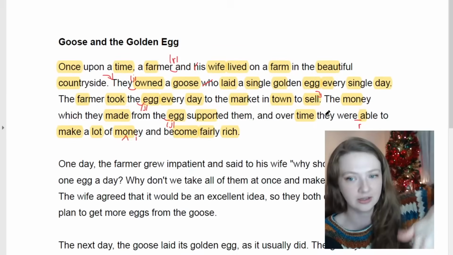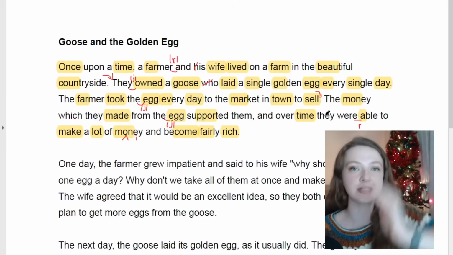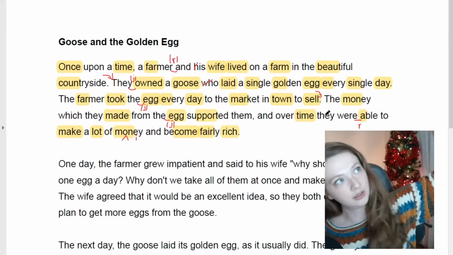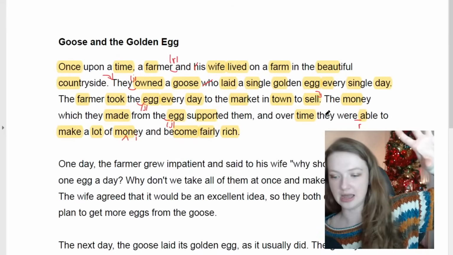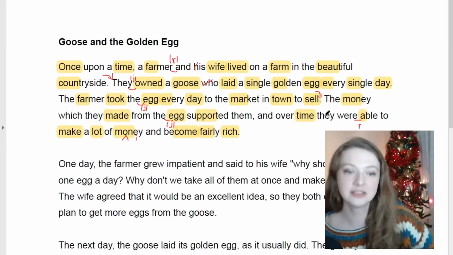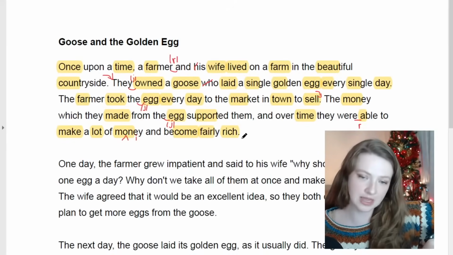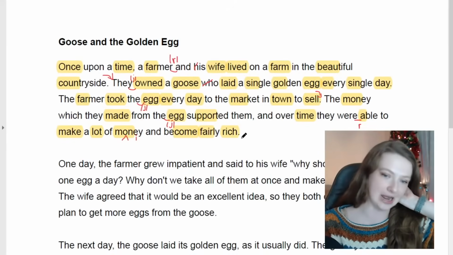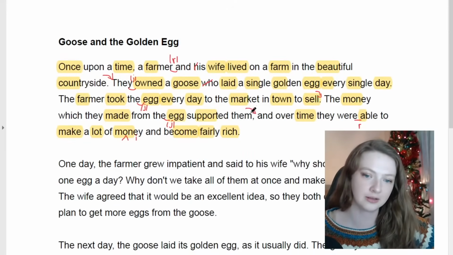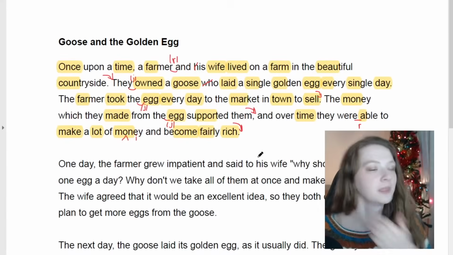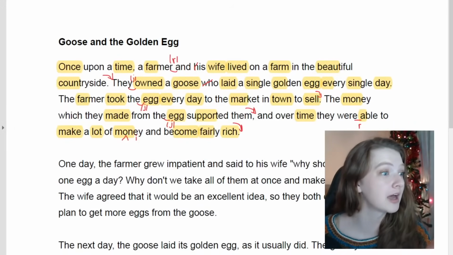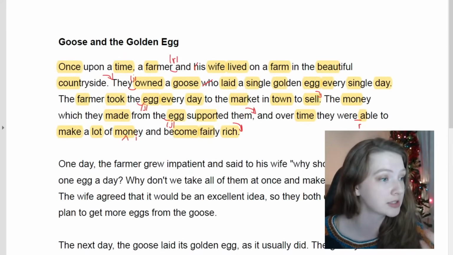Yeah, sell, day, countryside. Countryside's a bit different because you've got more syllables to play with. So "coun" will go up and then "tryside" will go down. Countryside. And then day, sell, rich. They will go down. Yeah, they'll like glide down. Support them. This goes down as well. Yeah, all are the same. You're loving the schwas. You've got to. Yeah, because they make it so much easier to pronounce English.